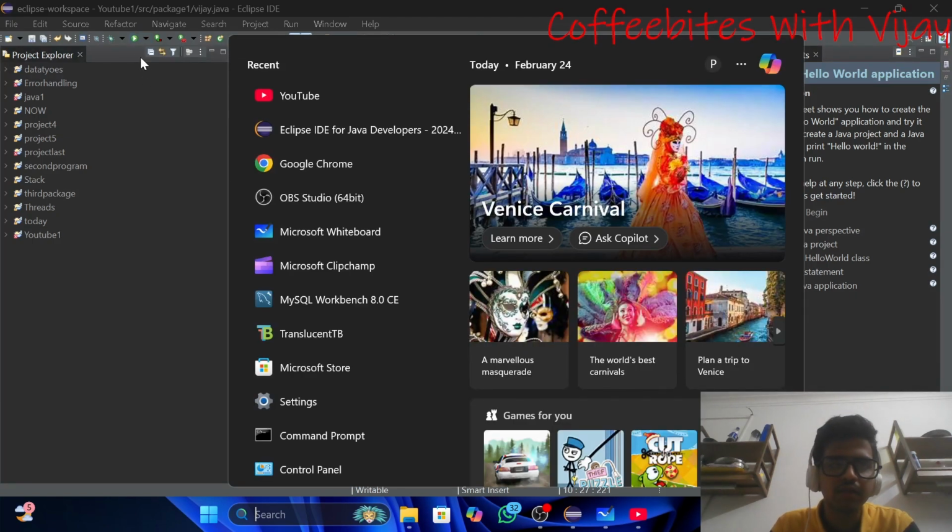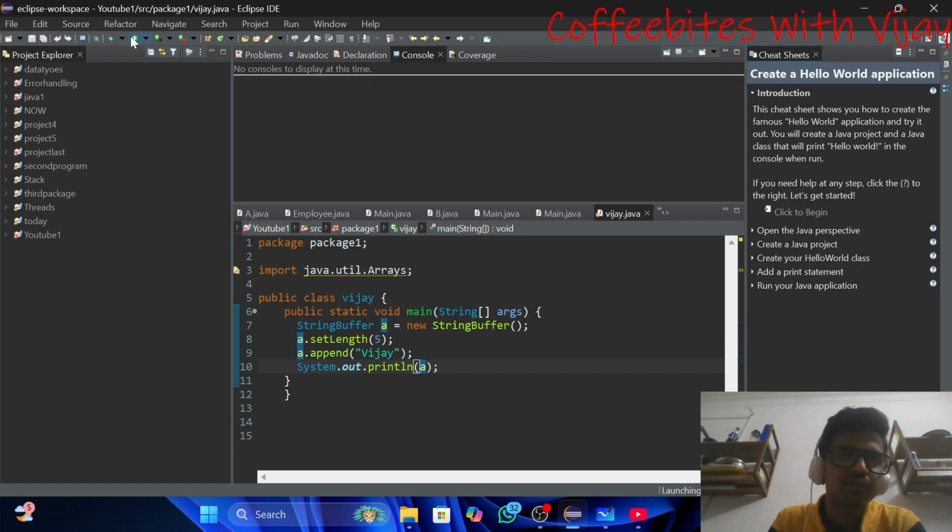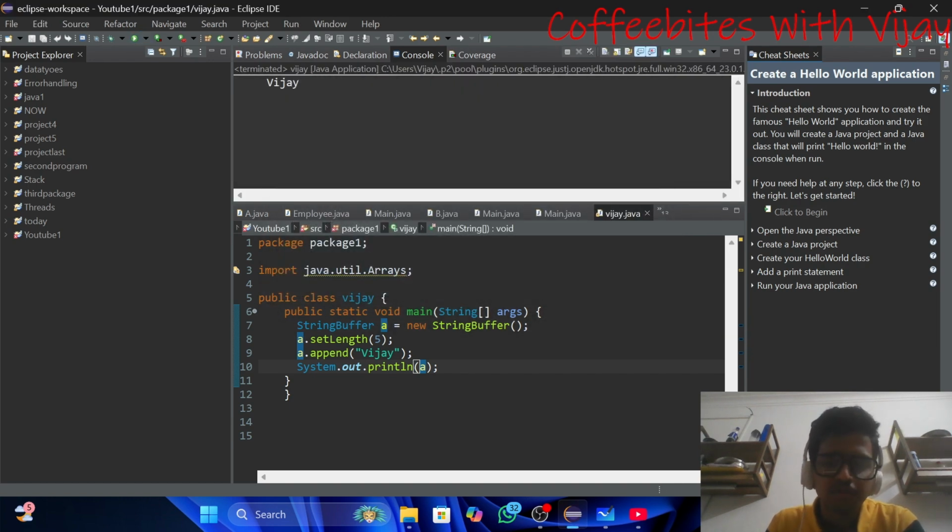I'm sorry guys, my bad. I'll print this now. So the output is Vijay. Okay then. Now I'll exceed this value, that is Vijay. I'll exceed this to more than 5. So when I print this,